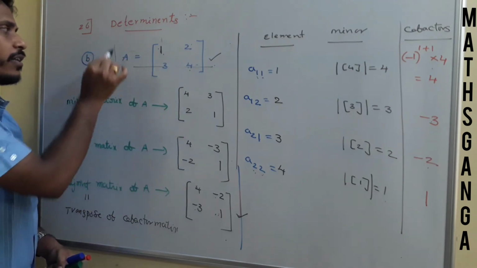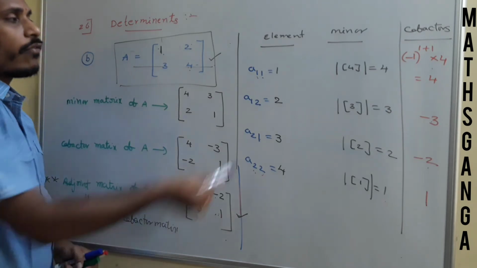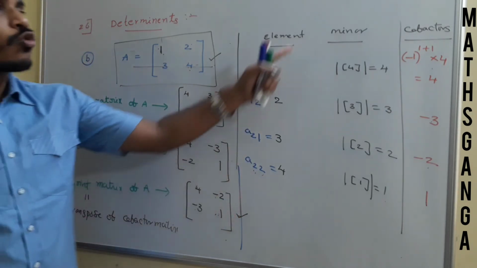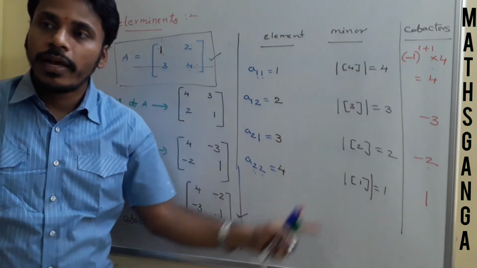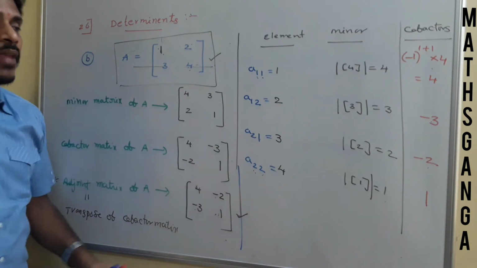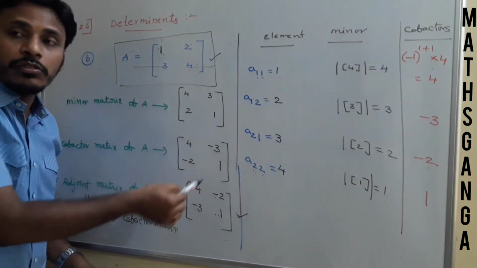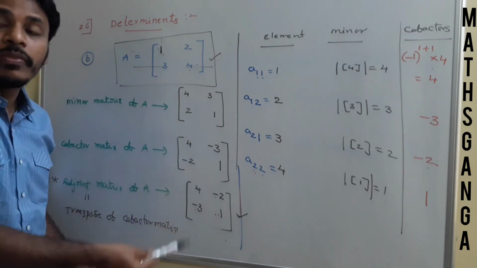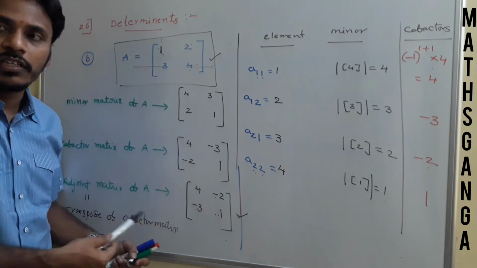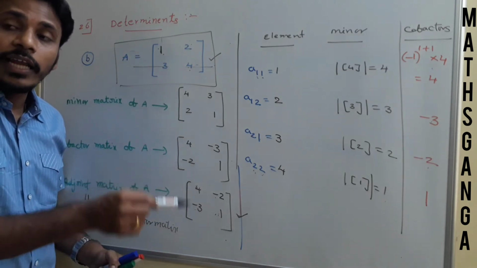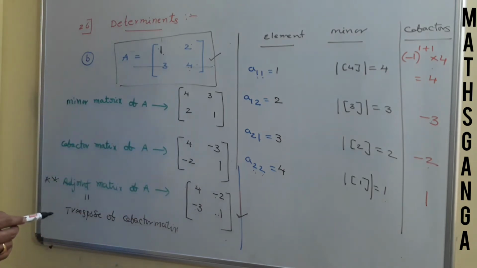See, for any matrix, for example, I am taking here A, for each and every element, there is a chance to find the minor, and there is a chance to write the cofactor. Using these minors, we will write the minor matrix of A, and using those cofactors, we will write the cofactor matrix of A, and its transpose is given by the adjoint matrix. Okay, in the next classes we are going to discuss the benefits of this adjoint matrix and everything. But here I need to mention the way of finding the determinant now. So finding the determinant is simply nothing but,